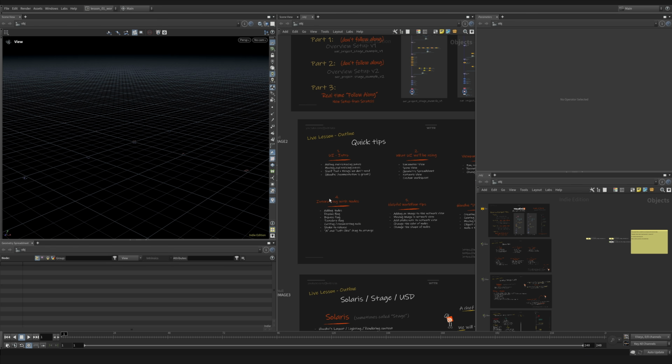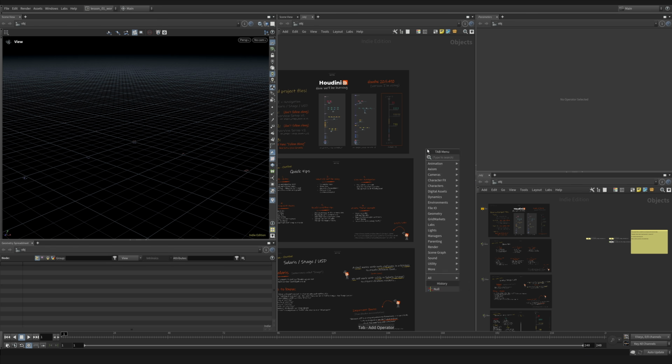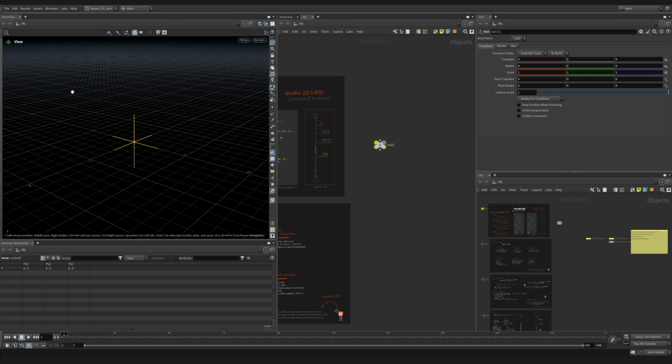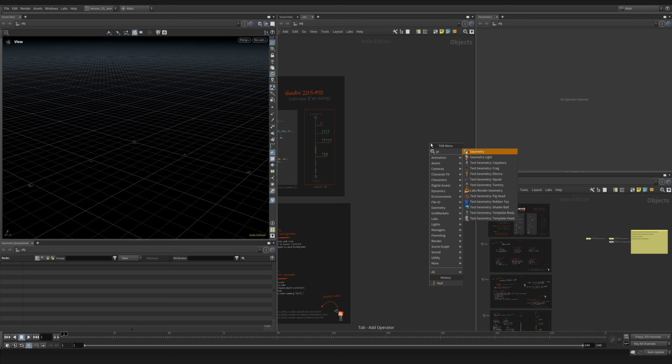So first, to create nodes, we're going to hit tab. That'll open up a search bar, and we can add nodes that are relevant to the context we're in. So if we add a null, we'll see this null show up in our viewport or our scene view, and we can hide it and show it. I'm going to delete this by dragging and selecting. You can click and drag nodes, and then I'm going to delete that one, and I'm going to add a